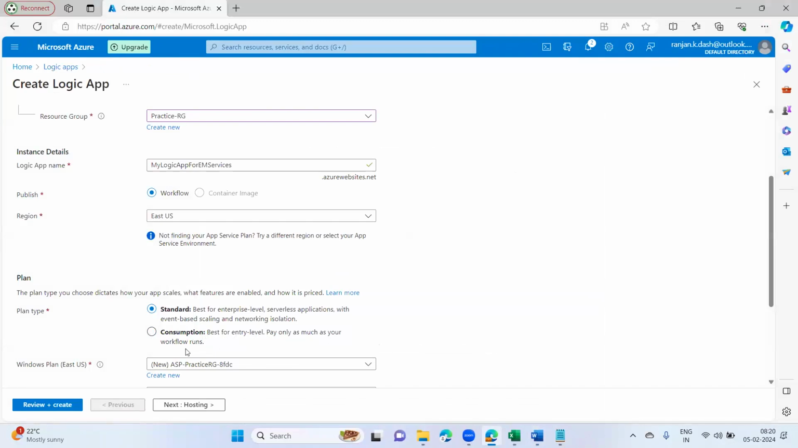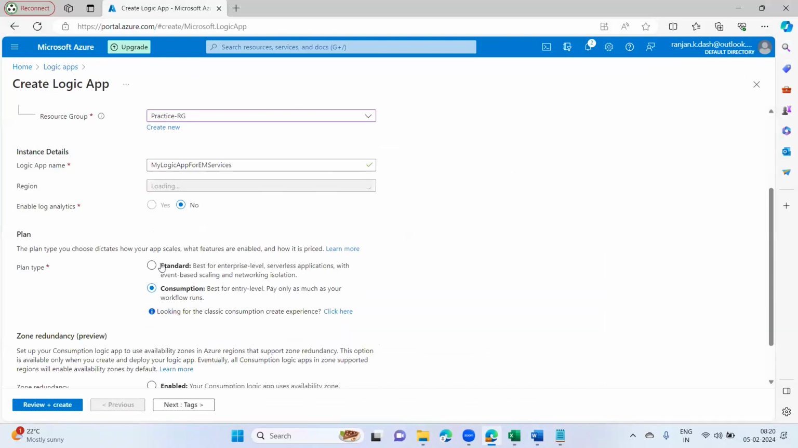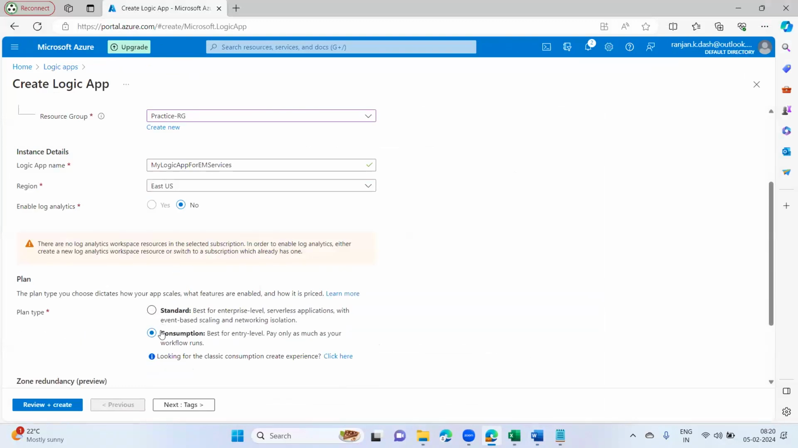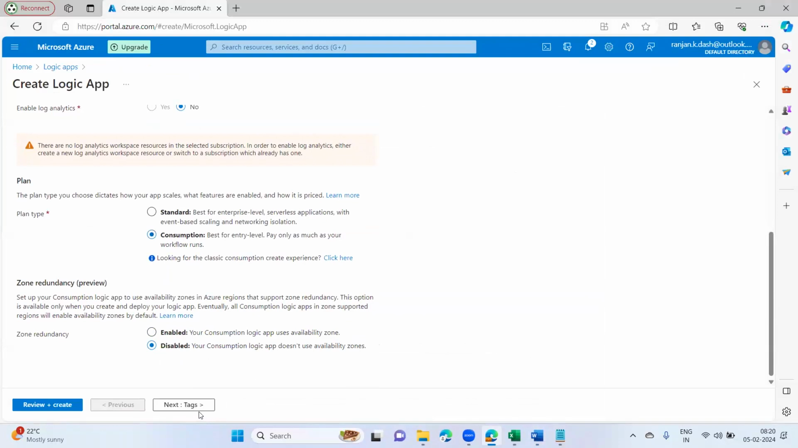How much time your workflows have run and how much data it has inserted in your queue storage services, accordingly you will get the bill based upon the consumption. Standard means you have to pay the bill irrespective of the consumption here. Zone redundancy is asking for duplicates to be maintained in different regions and all, not required because